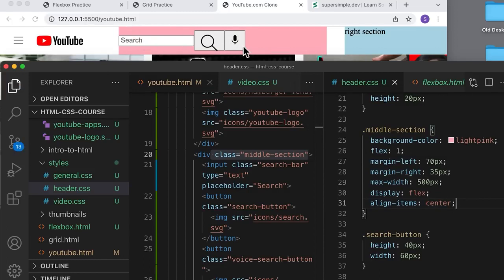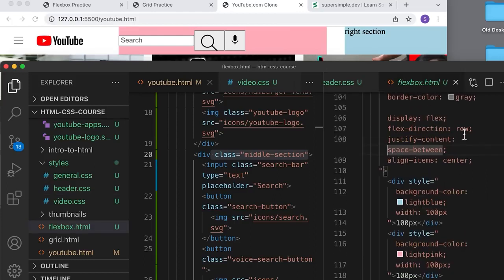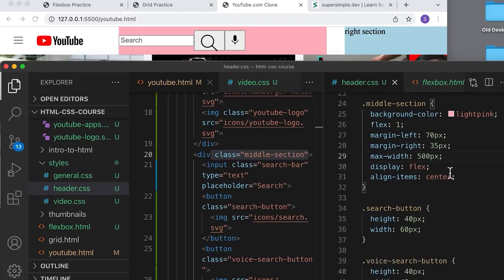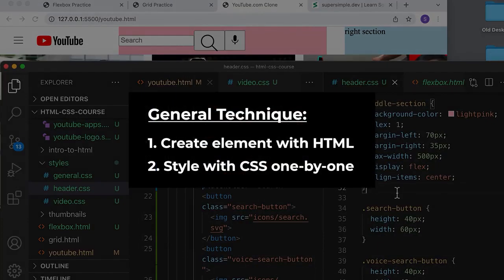There is one thing that I left out, which is flex-direction: row. This tells a flexbox to lay out our content horizontally, and this is actually the default value, so we don't actually need it. I put it here just for our practice code. But for our header, we can be safe leaving that line out and just having display flex and align-items center. Now that the layout is good, we're going back to our tried and true method